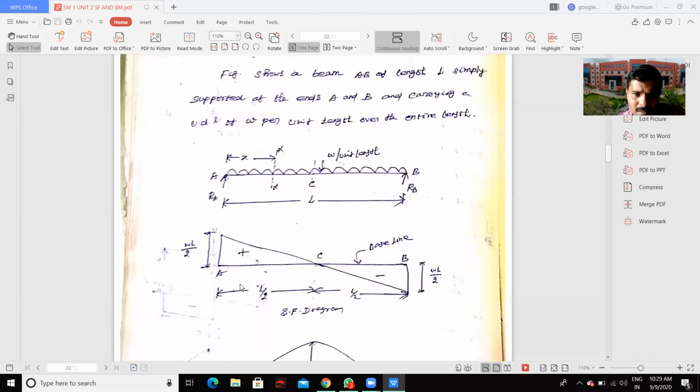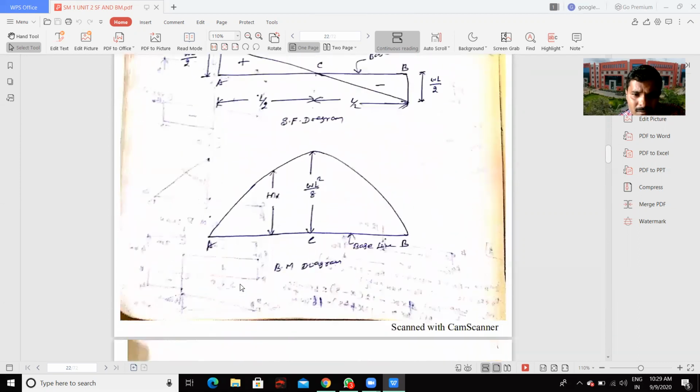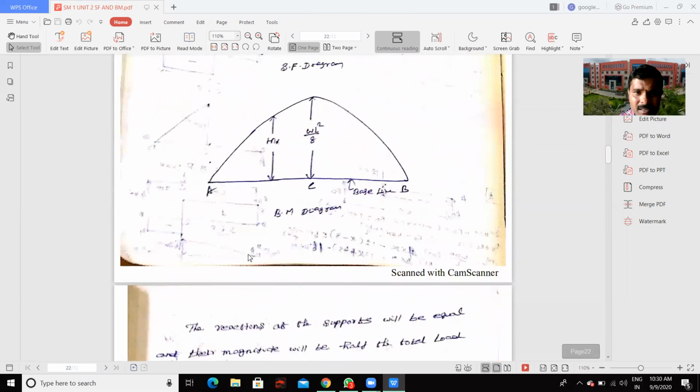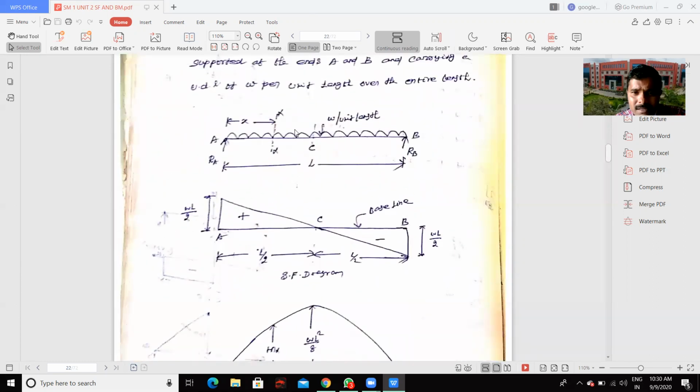Now you can see in this beam, the reactions at the supports will be equal, and their magnitude will be that of the total load on the entire length. So here in this problem, it is a symmetrical section. So you know the externally applied load will be equal to the resisting force. Therefore, the load is acting externally